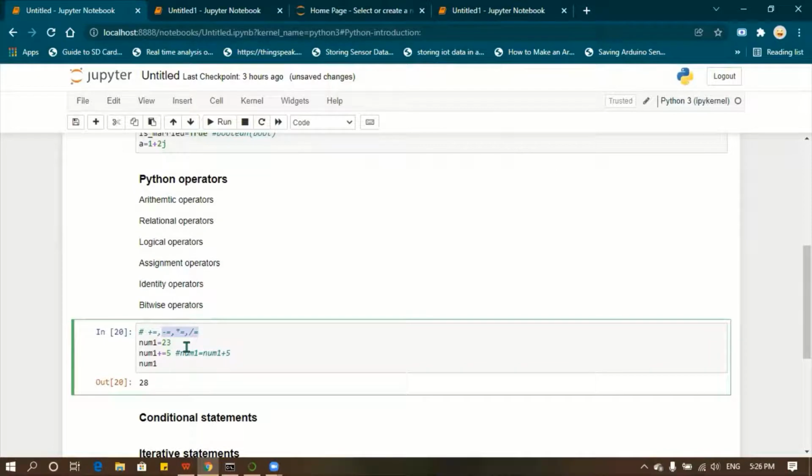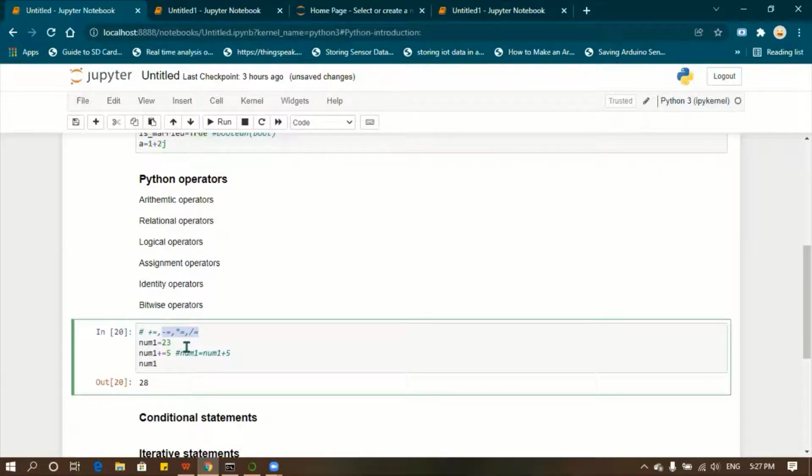Next, we have identity operators and bitwise operators. For bitwise operators, have you learned about the zeros and ones calculations? 0 plus 1 is 1, 1 plus 1 is 10, likewise. Yes. So those kinds of operations, the same thing.